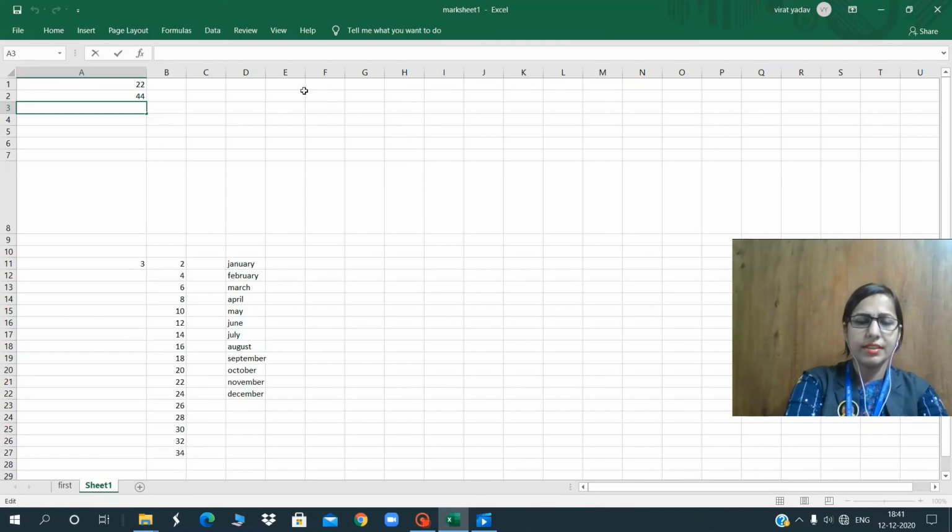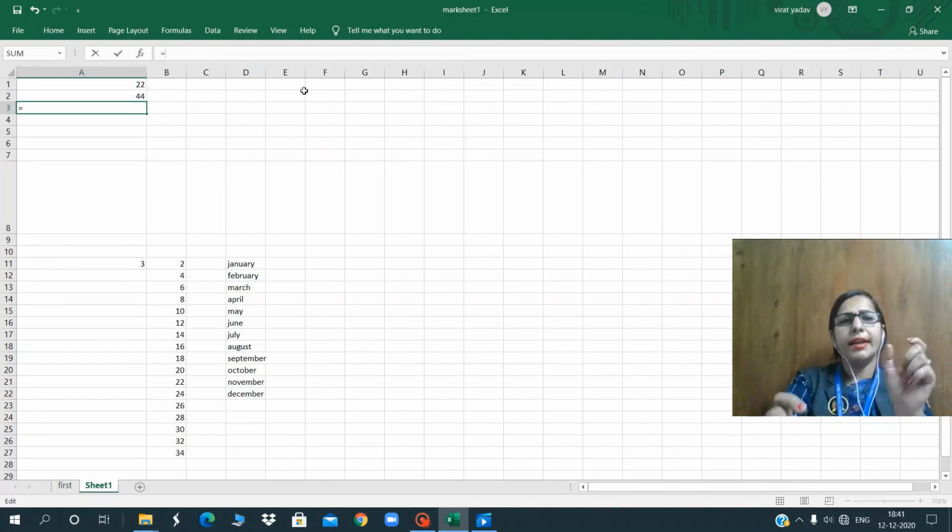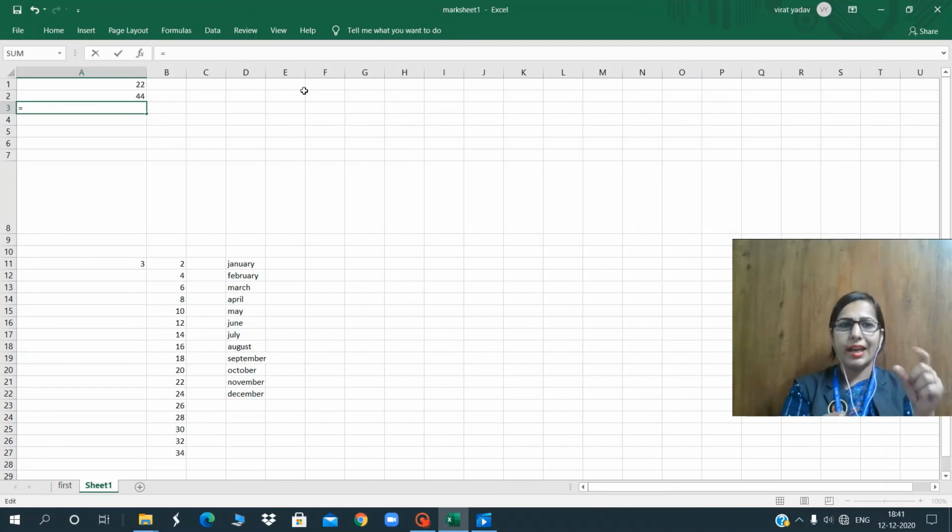First, always, all formulas start with the equal to sign. First thing, remember, after writing equal to, you can write the address of the cells which contain what you want to add. So I want to add the numbers which are in my cells A1 and A2. So I add both and I want to place it in A3.